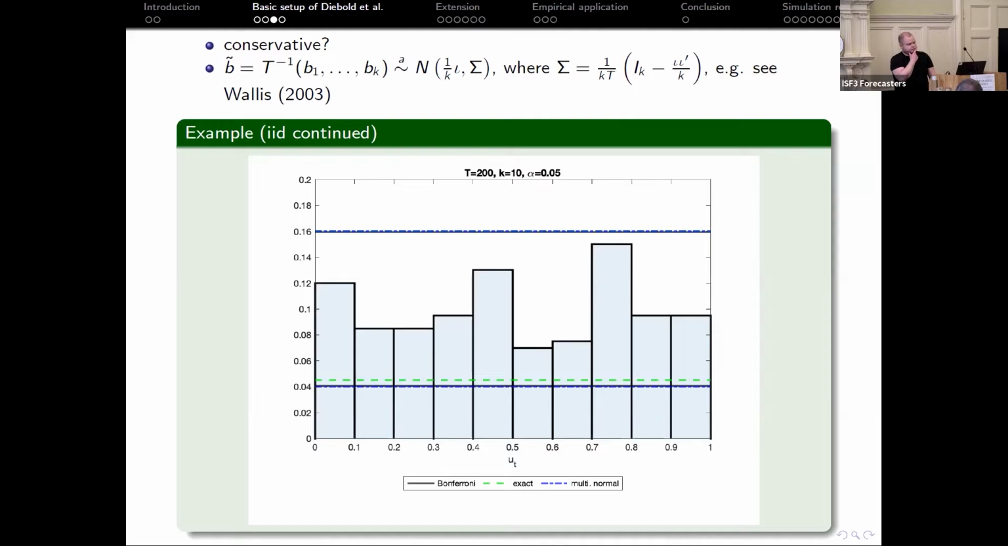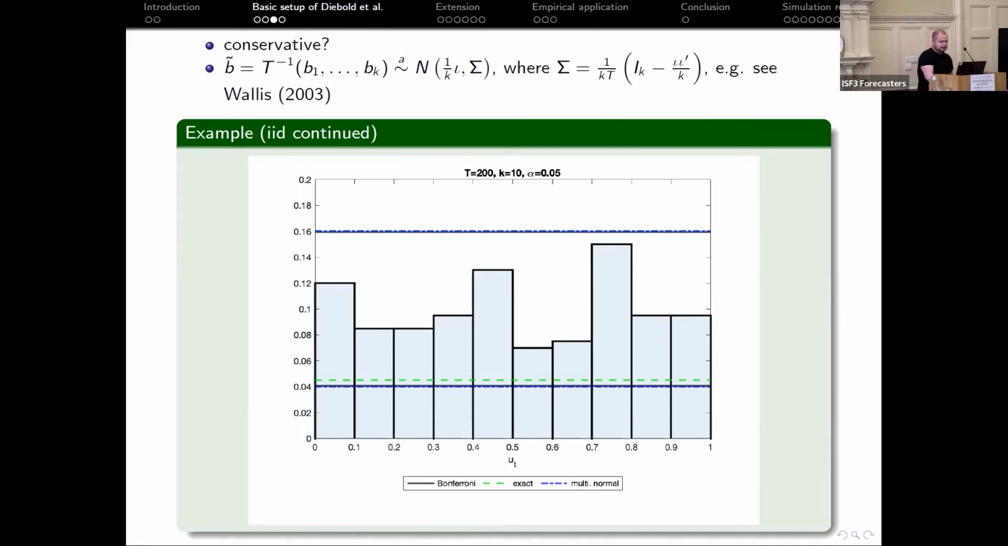What's also interesting here is we know for the optimal one-step ahead forecast that the correlation between bins is exactly -1/k. So if k gets large... here we have 10 bins. And you can see in this figure again that Bonferroni is quite close here for 10 bins to the exact simulated confidence bands. All right, so